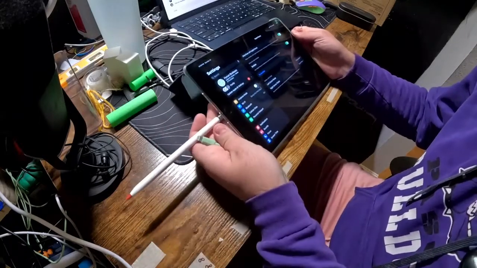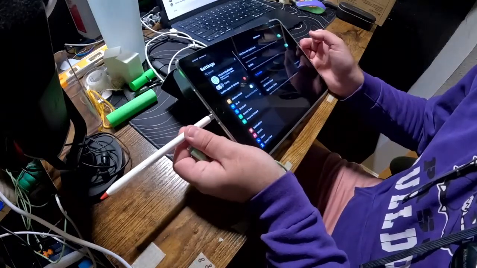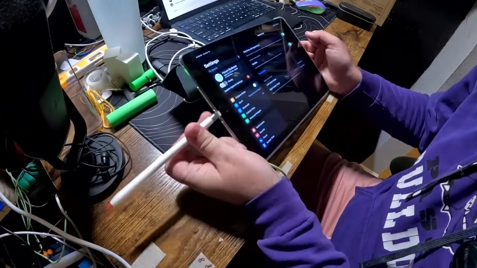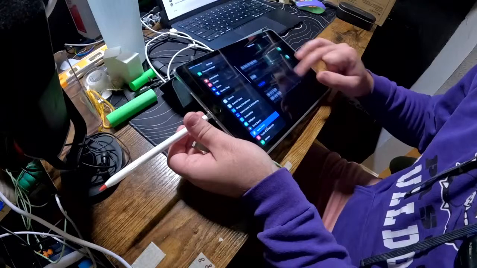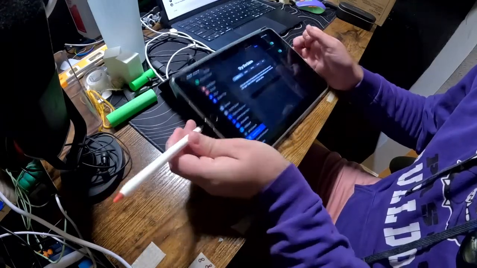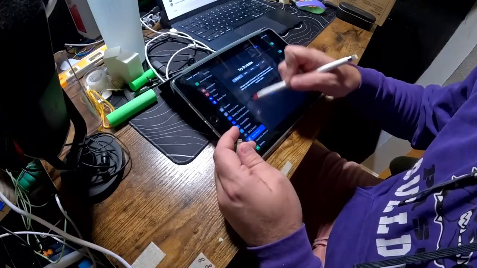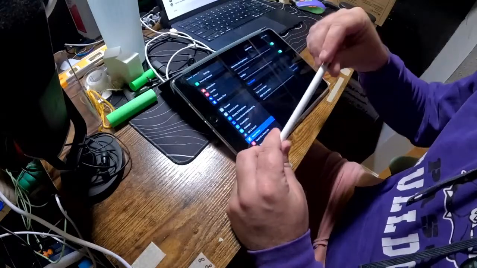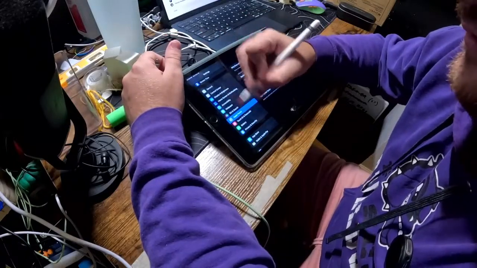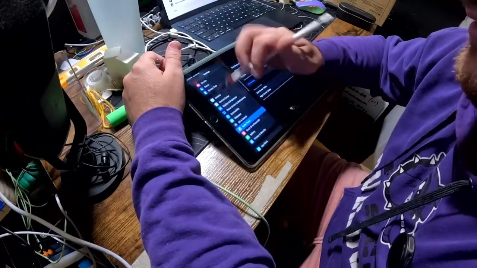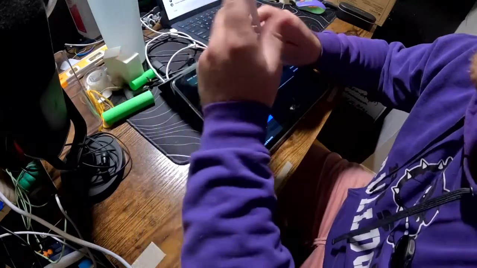This is like one of the worst designs Apple has ever done, to have the Apple Pencil be a lightning port. It's awful. Hello? I need a new iPad so bad. This one's so old. If I'm going to keep doing Gravity or Nomad Sculpt, then it's going to be necessary.